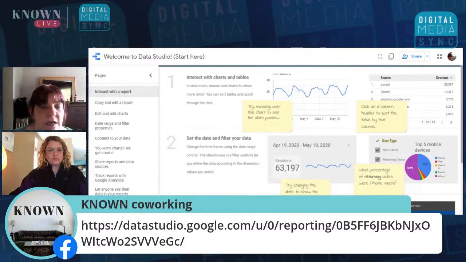So basically, when your Google Analytics is connected to your website, when you go into Data Studio and you link to your Google Analytics and your Google AdWords and other components, it starts bringing in all of the information that you're looking for. So I don't know why this particular one. I'm going to try another one.